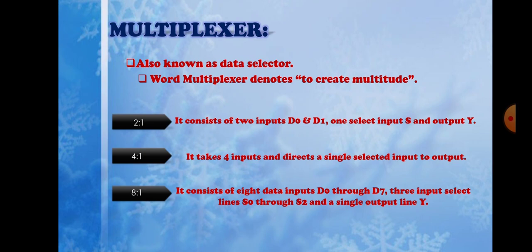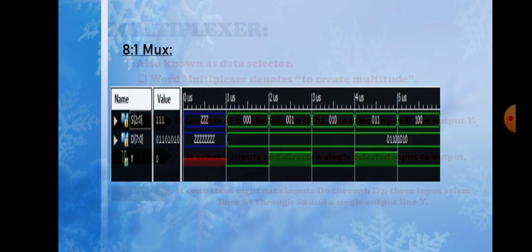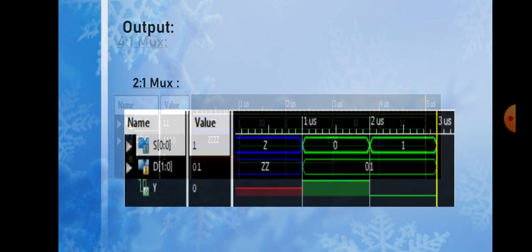A 4:1 multiplexer takes 4 inputs and directs a single selected input to the output. An 8:1 multiplexer consists of 8 data inputs D0 through D7, 3 select lines S0 through S2, and a single output Y. Let's see the Verilog code of